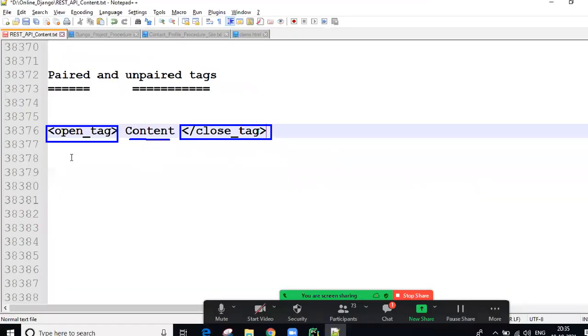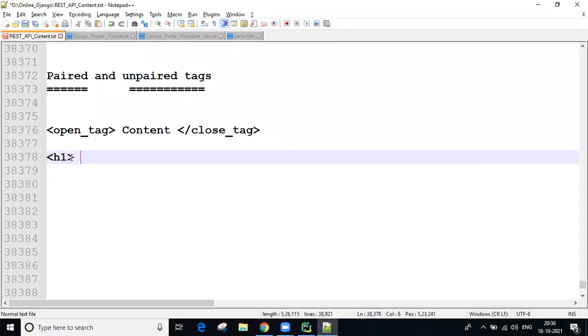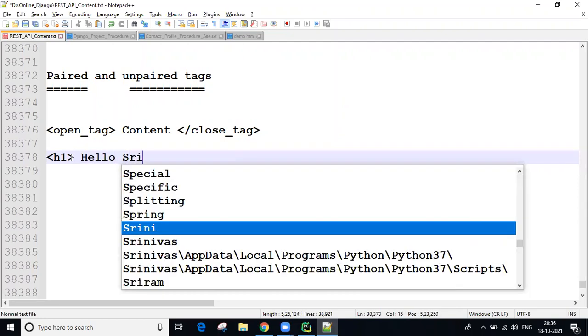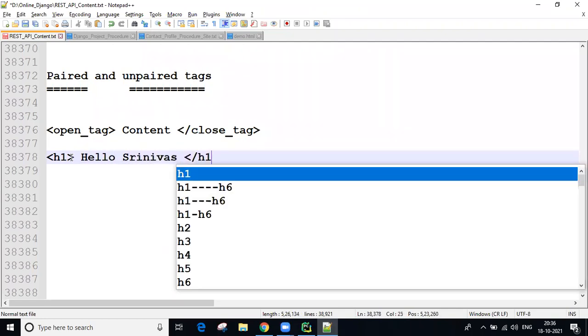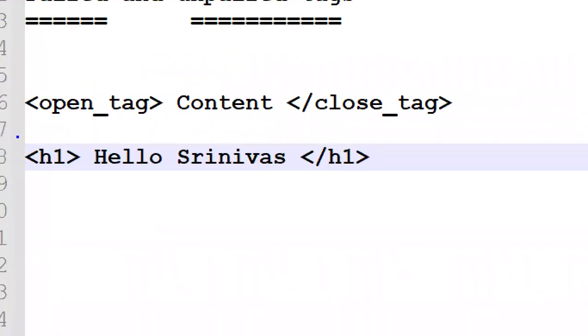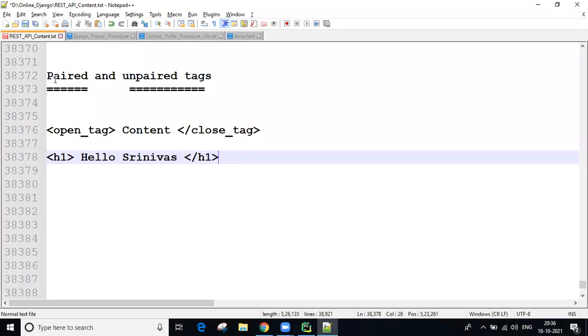For example, h1 Hello Srinivas, and again closing h1. This is the open tag and this is the close tag. If both open tag and close tag are available, we call that a paired tag. Paired tag means both open tag and end tag with required content between them. That is called paired tags.